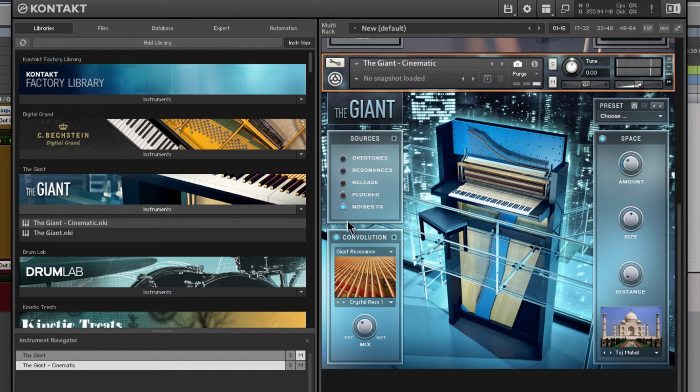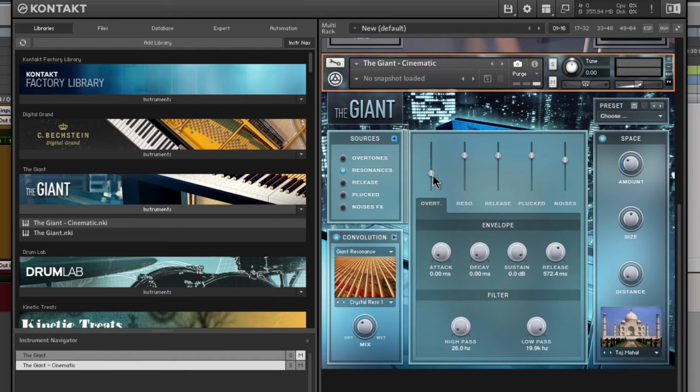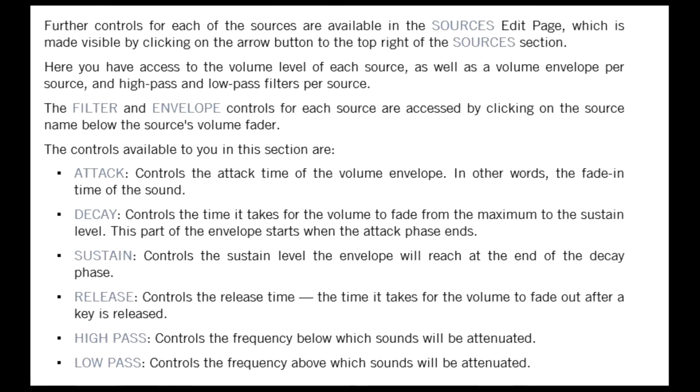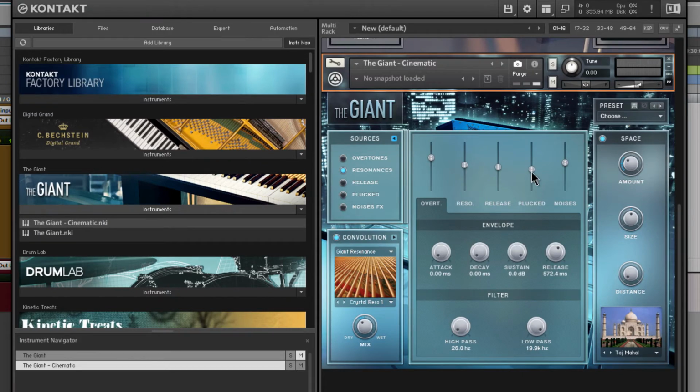All kinds of noises. And of course you can combine these. We can turn them all on if we want. Okay. Or just choose the ones that you want. Pretty cool stuff. All right. And of course we have a flyout here. Awesome. Reso, release, plucked, and noises, the different levels that we want for each. So you can really mix these however you want. So if I had them all on,